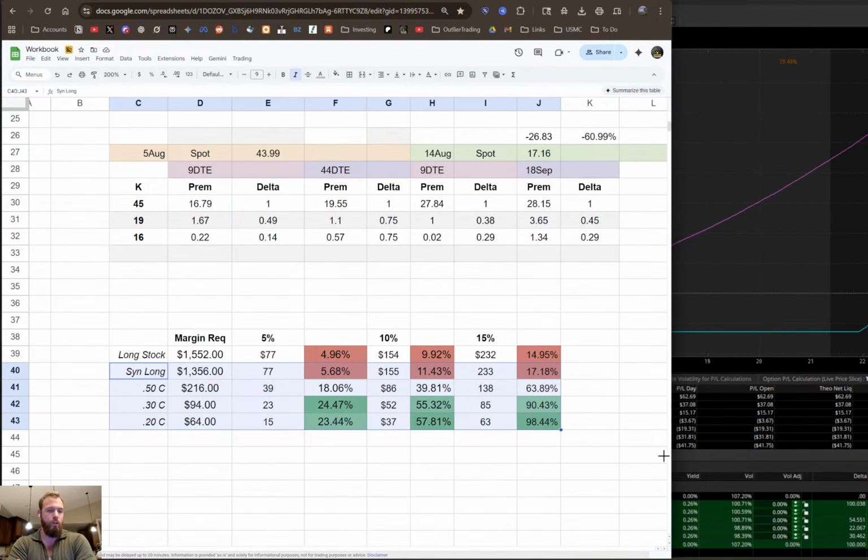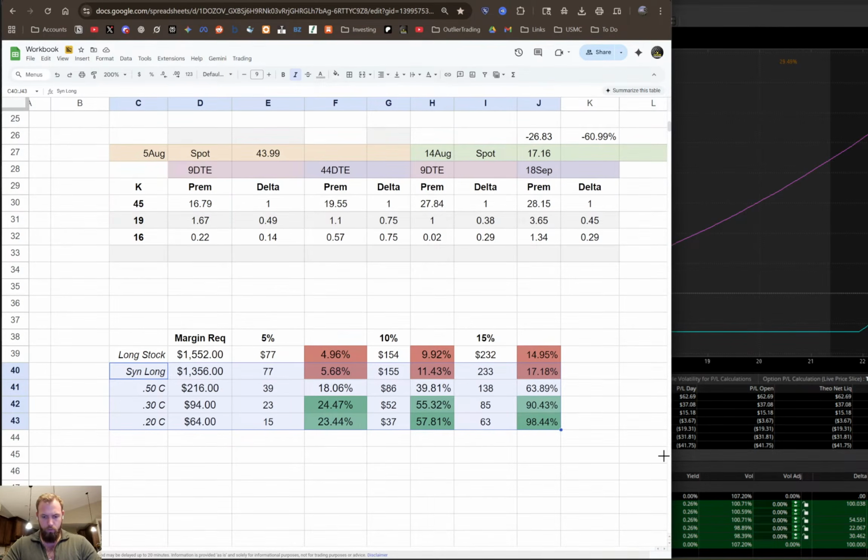So even if the margin requirement for this wasn't 1356, I'll take a look really quick because I have a portfolio margin account. I'll tell you what it is in a portfolio margin account. I'm just using my phone to grab that super fast. And by super fast, I mean as slow as humanly possible. All right, let's go to Wolf.